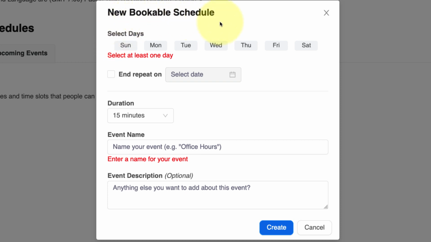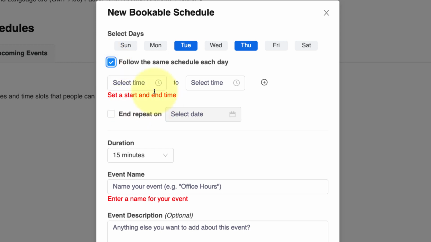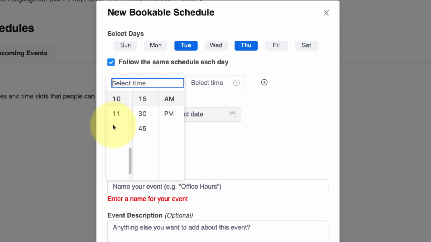So if this is an office hours that meets on Tuesdays and Thursdays, you would select Tuesday and Thursday. And if you know it's the same hours, you can check this box, which is follow the same schedule each day. And now I can select a start and end time. So if the office hours are from 10:30 to 12, here's the start time.